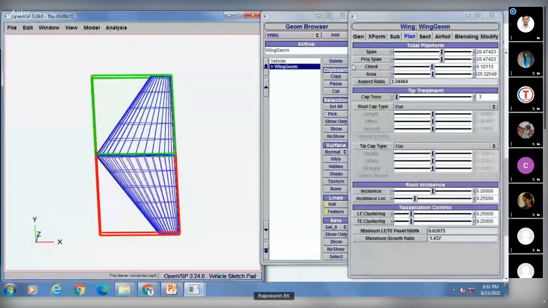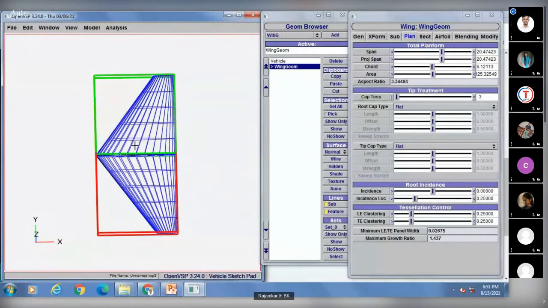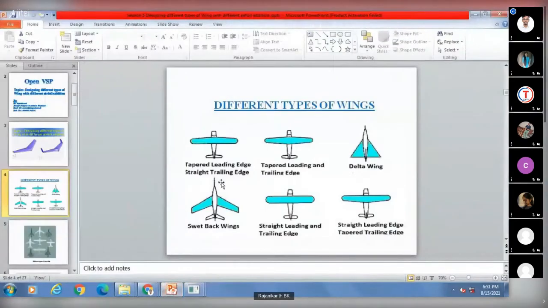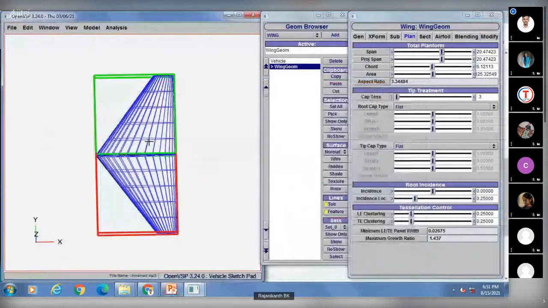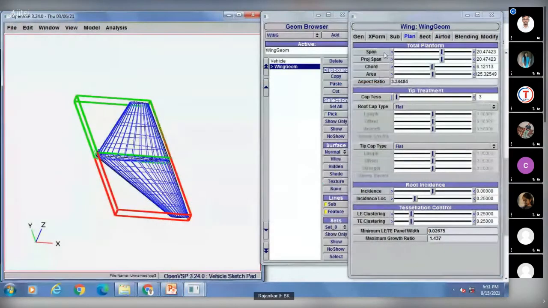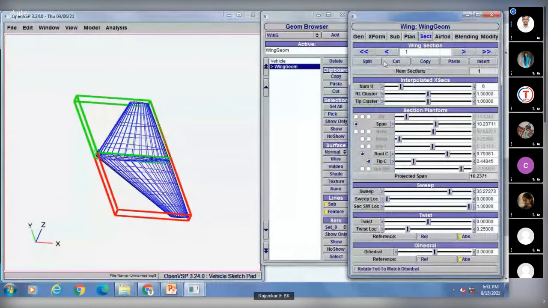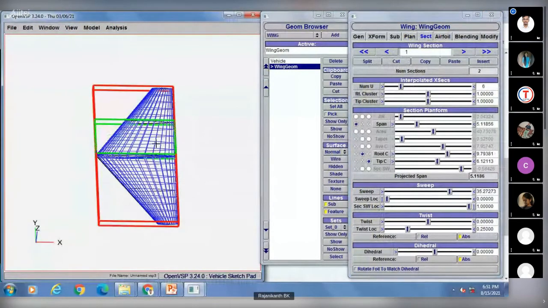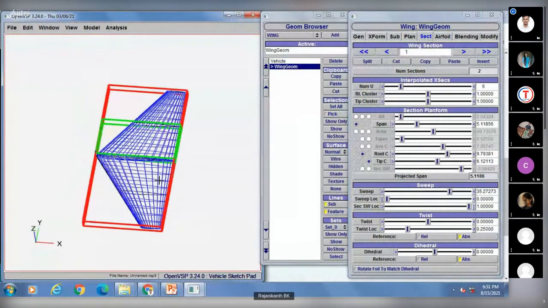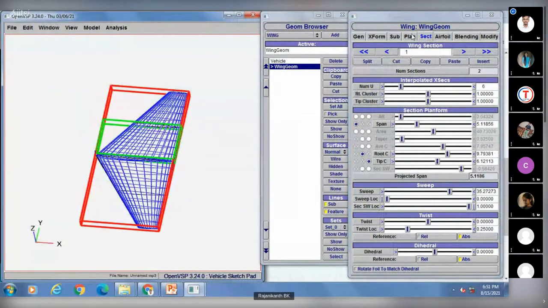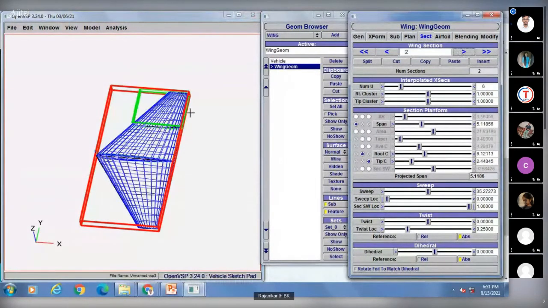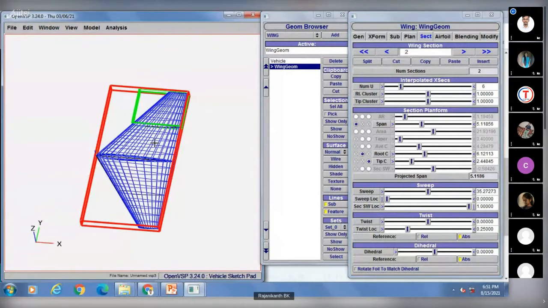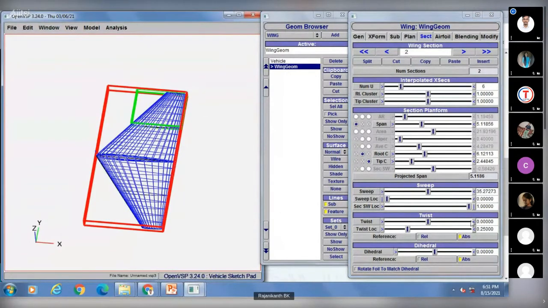Okay, so now what we'll do, we will split this wing. Come to section, split this wing. Go to the second section here, and use diagonal angle 90 degree.